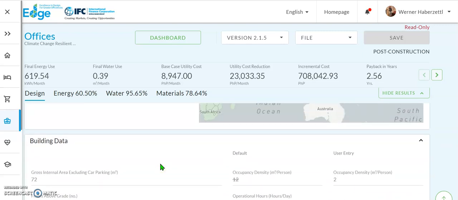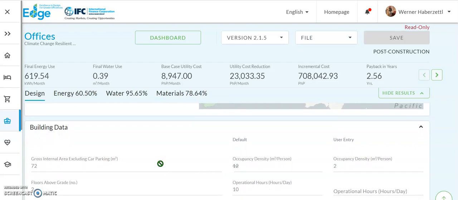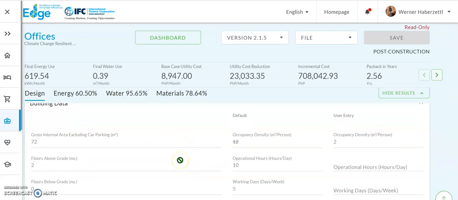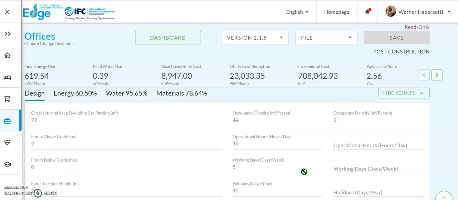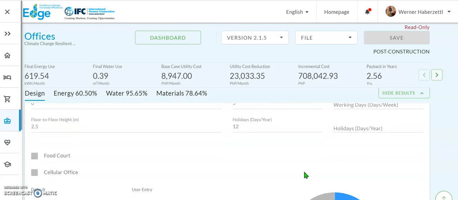And so this is all on office, as you can see on the left side. Occupancy, how many people will be in the office or are in the office, operational hours, working days, and so on,